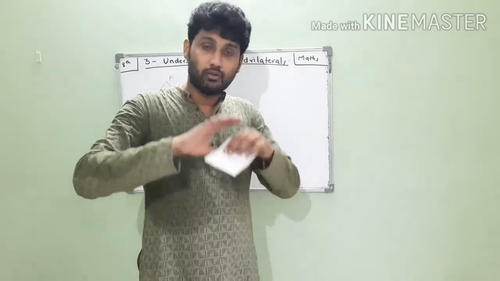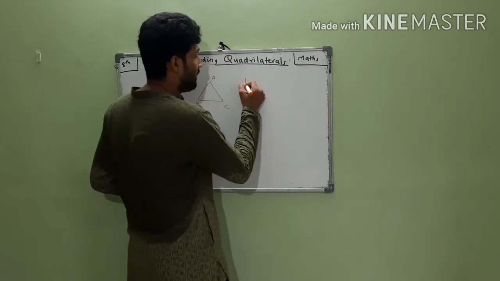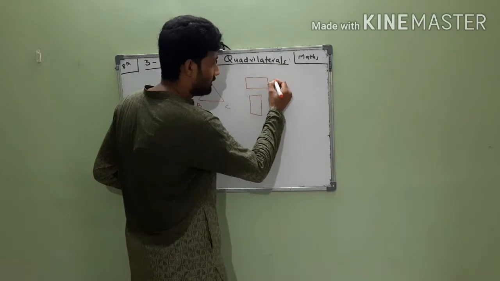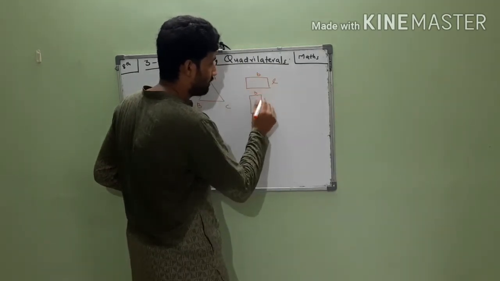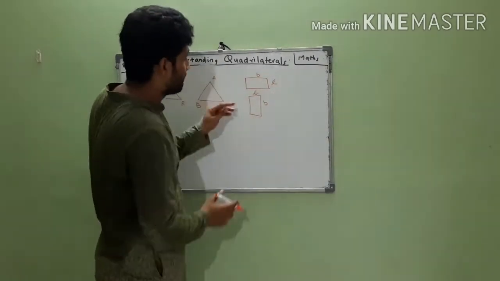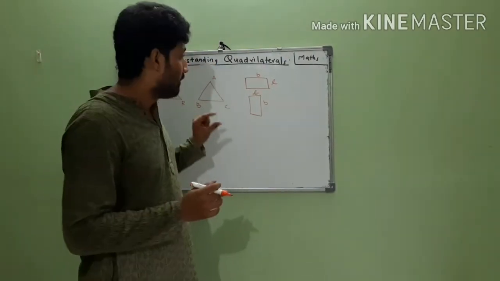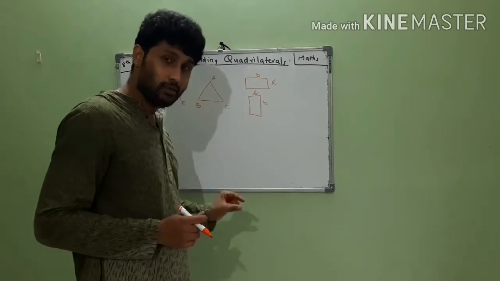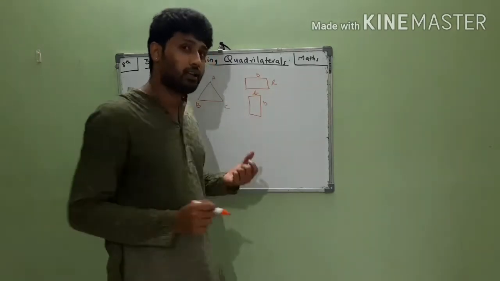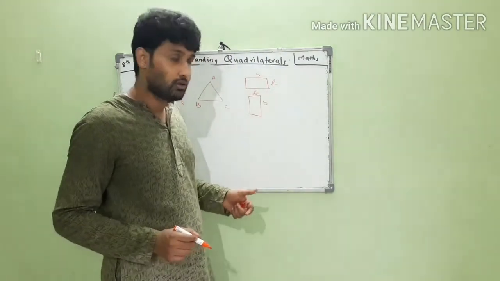It is okay if the overlapping happens by twisting and turning it. Suppose one part is like this, other part is like this, but this length and breadth are equal. So if I turn this shape, there are 2 rectangles. If I turn and put it, it will be the same. By same I mean the shapes are exactly same. By shapes being same I mean the lengths of its sides are also same and all the angles are also same. Then such figures are called congruent figures.